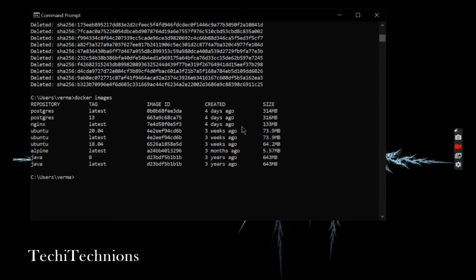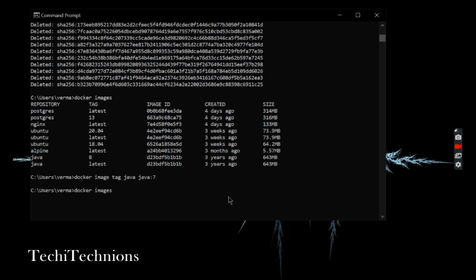The third is the tag command. Like if I added a Postgres and I want to tag it again, or if I want Java 7 again, so I will tag this image as 7. Instead of the latest, we will be getting the tag. So docker image tag, name of the previous image and the new one. Okay.